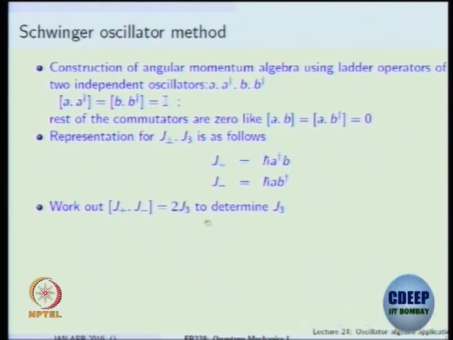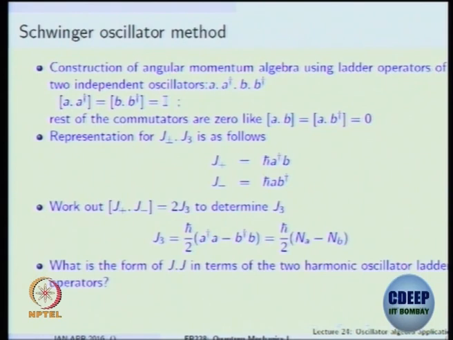So now to find what is J3, substitute these two here and determine what you get for J3. I'll leave it to you to do this. Please try this out. J3 should be a function, again involving the four ladder operators. Please try this out. And interestingly, if you work this out, you will find that you get it to be a difference between the number operators. Please work this out. Similarly, work out what is J dot J. Please work out what is J dot J.